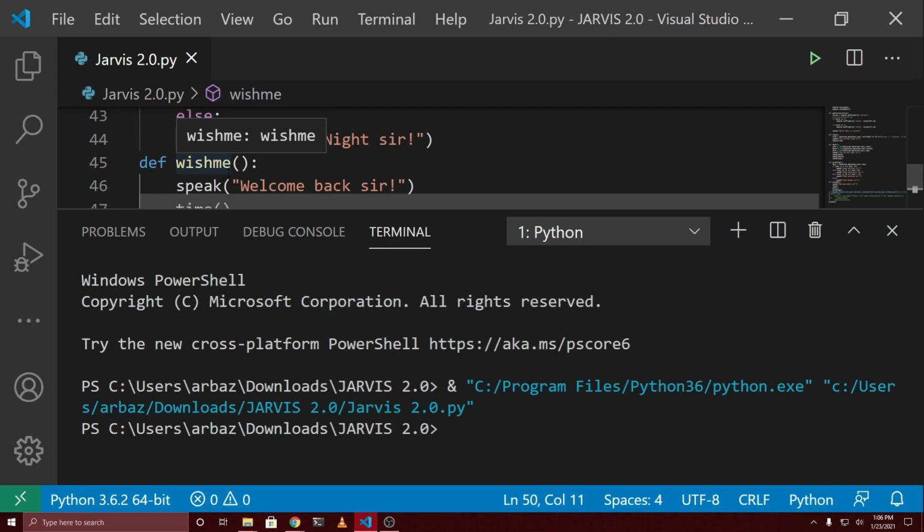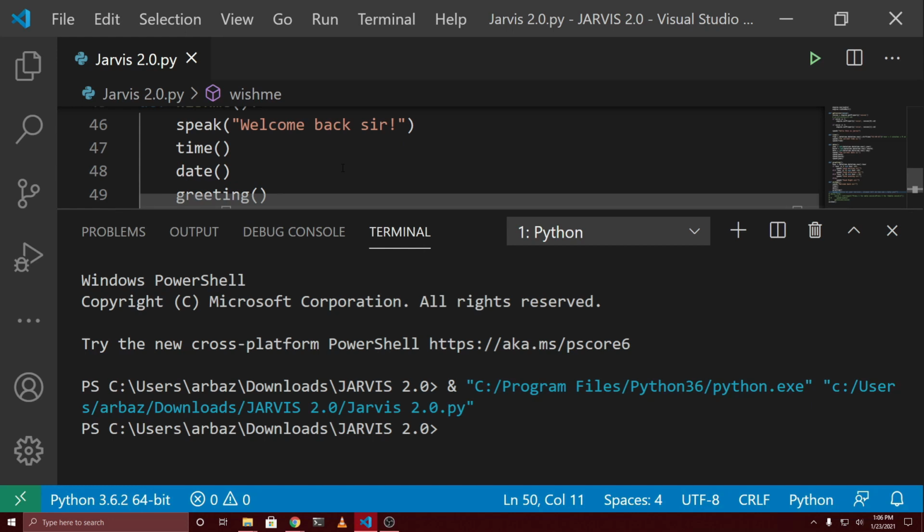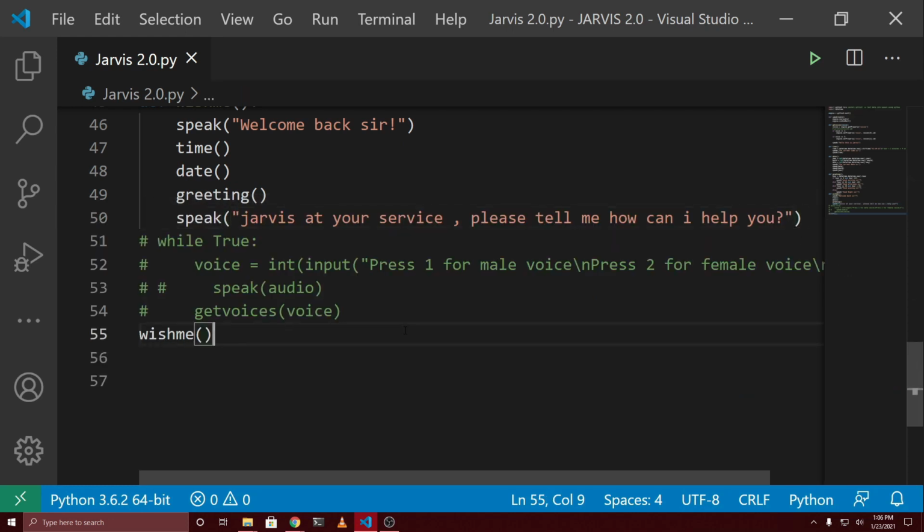So for that, in this session, we are going to be creating another function, using which the user can give it the command through the command line using a function. So for that, first of all, I will just close this terminal, and we are going to be creating another function after this wish me function call. So I will just comment out this wish me function call from here,